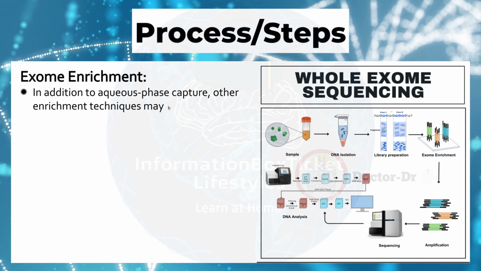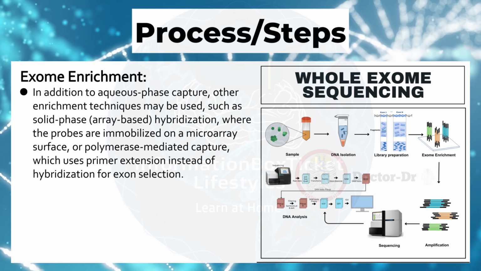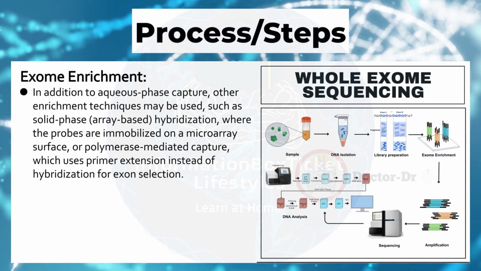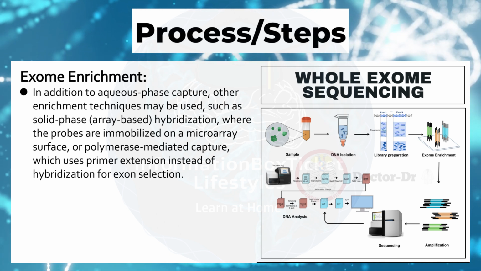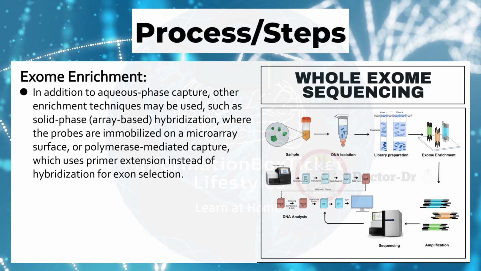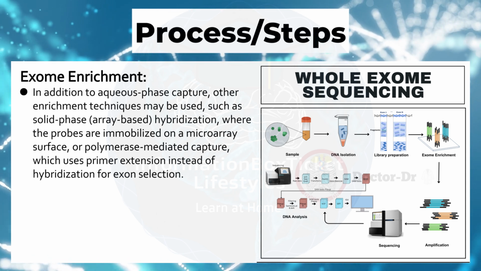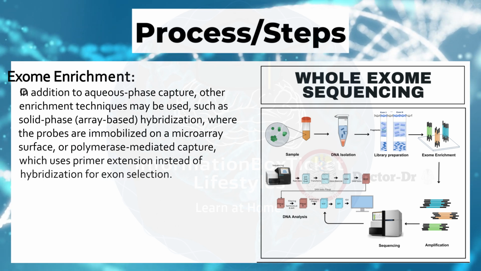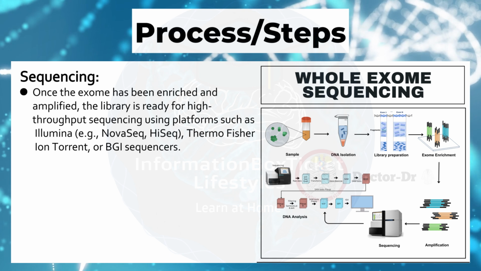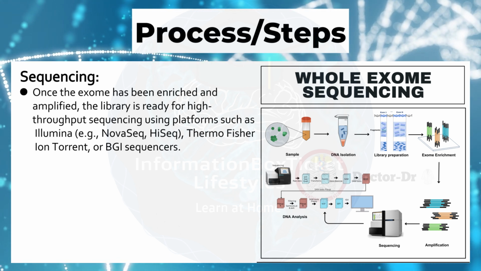sequencing. In addition to aqueous phase capture, other enrichment techniques may be used, such as solid phase, array-based hybridization, where the probes are immobilized on a microarray surface, or polymerase-mediated capture, which uses primer extension instead of hybridization for exon selection. Sequencing. Once the exome has been enriched and amplified, the library is ready for high-throughput sequencing using platforms such